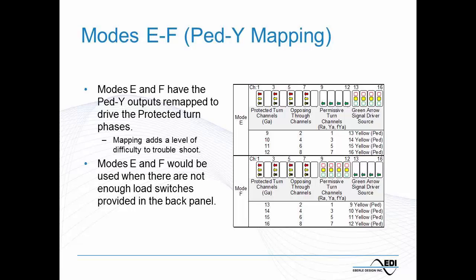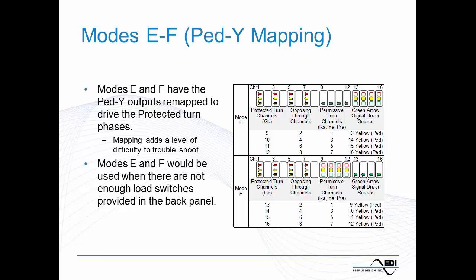a signal visible to the motorist, but if you have a load in the cabinet, which most TS2 cabinets have, the monitor is actually watching that Ped yellow. It's on during the flashing don't walk interval, and that's how the MMU determines whether or not we might have a conflict condition during Ped clearance. So if we have to use modes E or F, we're going to give up that monitoring function to make